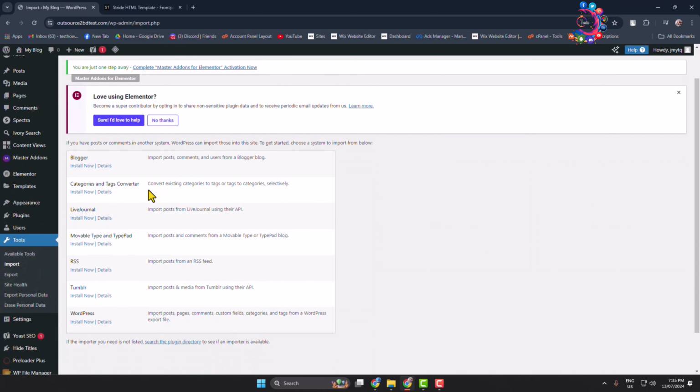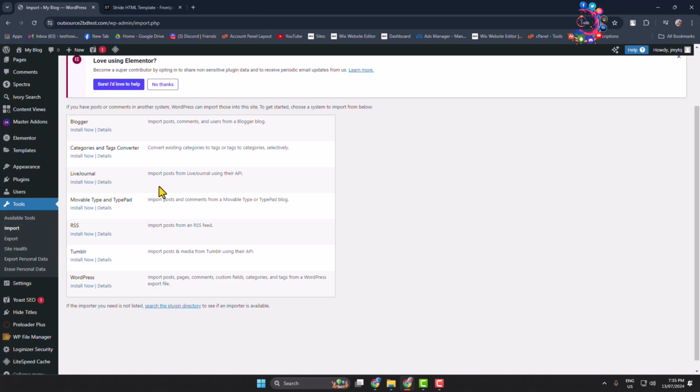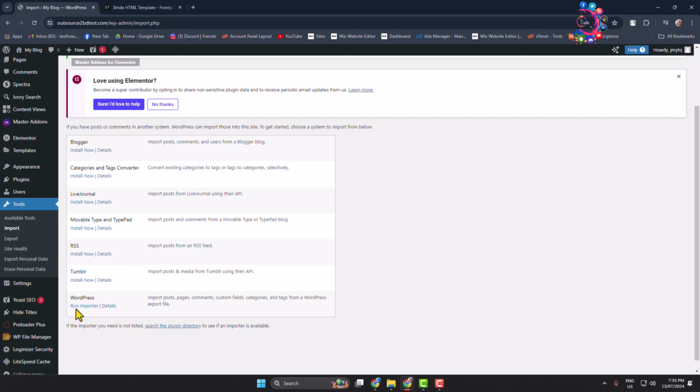And here you will be able to import templates from Blogger, from LiveJournal, from Movable Type and TypePad, RSS, Tumblr. And now to install or import templates in WordPress, first of all you have to install WordPress importer here. So install it, and it may take some time to install. Then click on Run Importer,